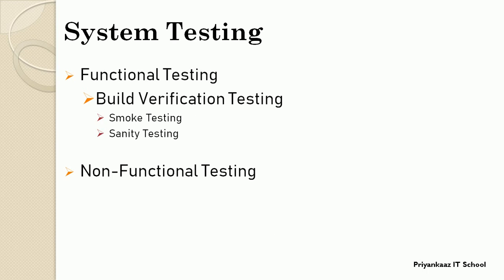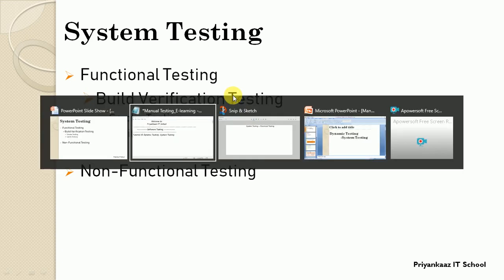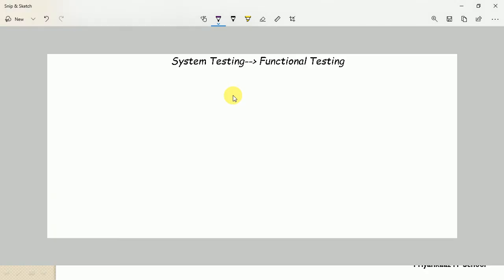So at the time of functional testing, before starting functional and non-functional testing for the entire software, the tester needs to verify whether the build of the software is testable or not, and that is what we call build verification test. So now let's see what exactly this build verification test is and how we can perform it. So guys,